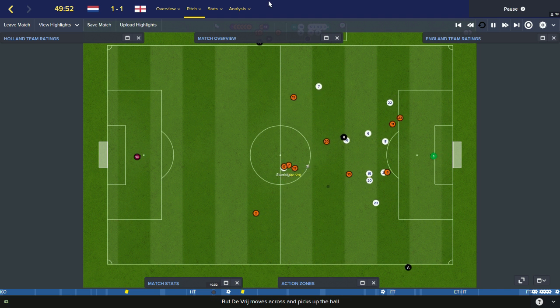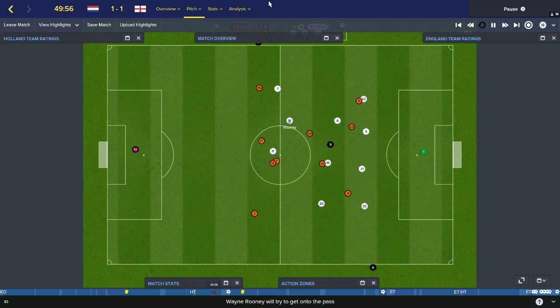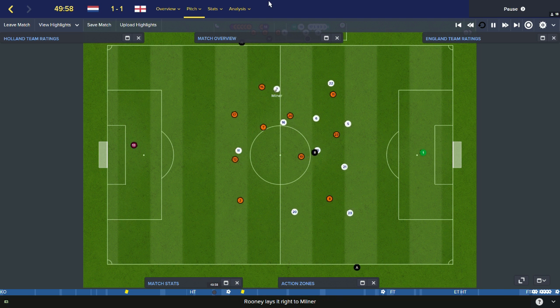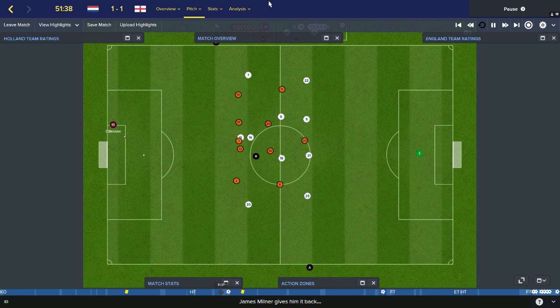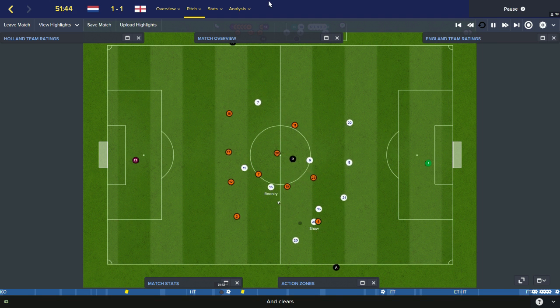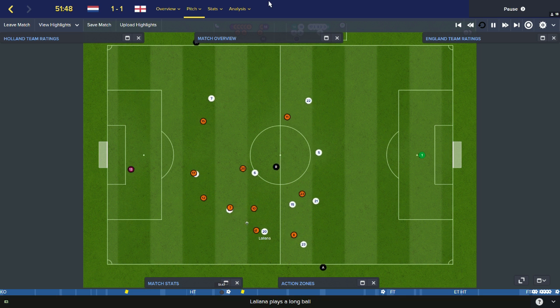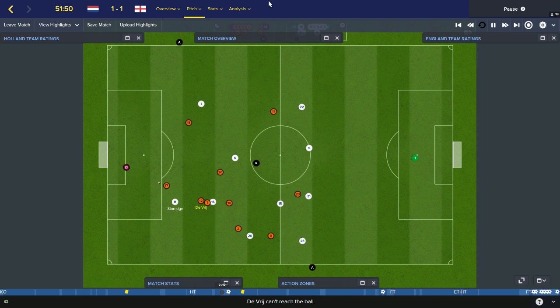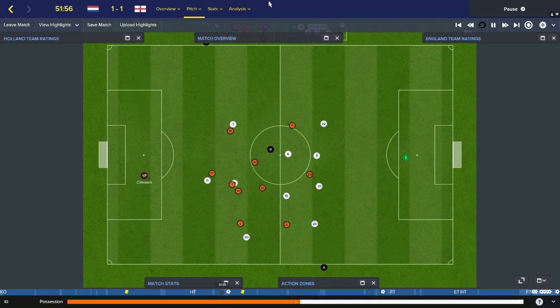Lallana clears it. De Vries beats Sturridge to the ball though. Henderson for England. Rooney. Now there's a chance. Squares it to Milner. Milner to Rooney. Silerson goal kick for Holland. He looks for Promes. Shaw beats him in the air. Heads it on to Rooney. Rooney knocks it back to Adam Lallana. Lallana. Oh, goes over to Vries's head and Sturridge's head. Goes through to Silerson. Looked like it could have been a dangerous ball, but it wasn't in the end.